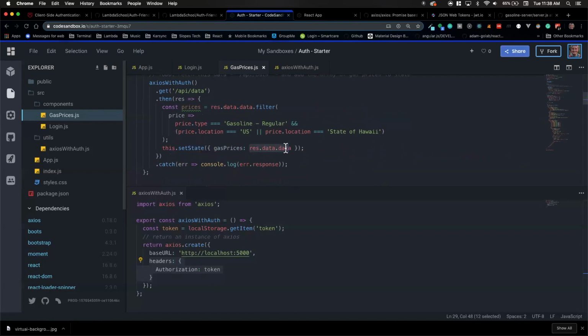Now we're going to set our gas prices data with prices. I actually think this would be called, I would normally call this formatted prices. So when I look at my set state, I can say, oh, I formatted something. Okay, let's go see what was formatted and how. And now when we have that,